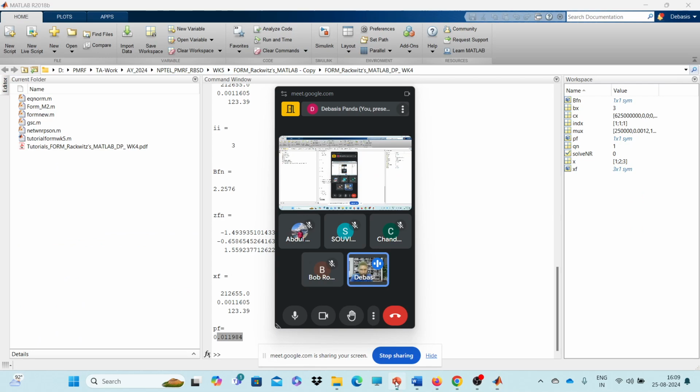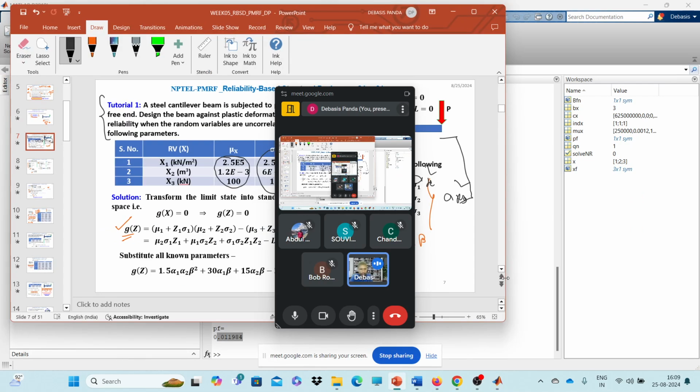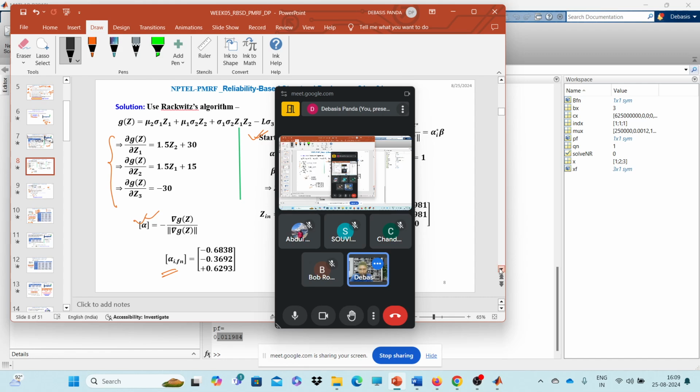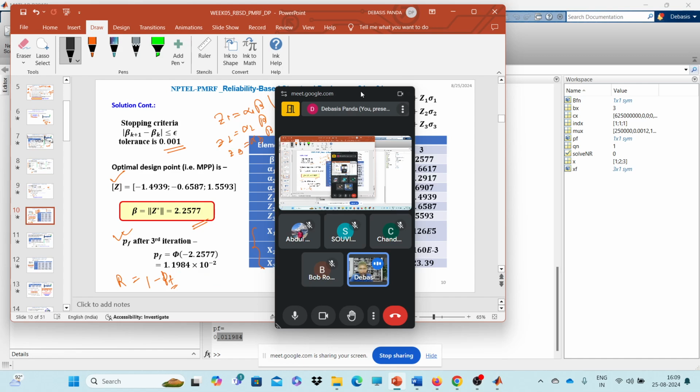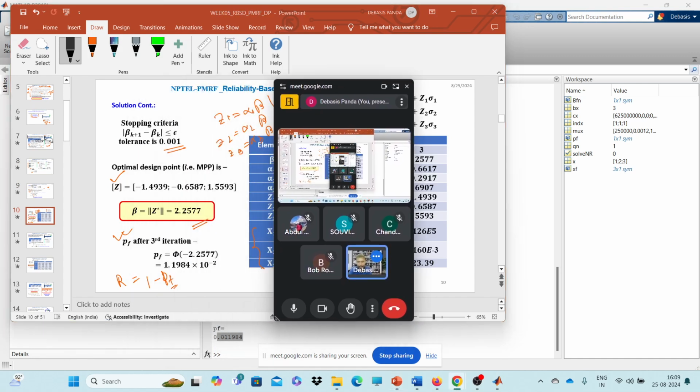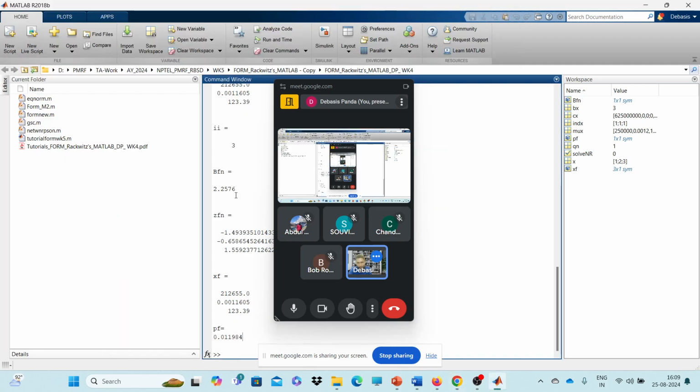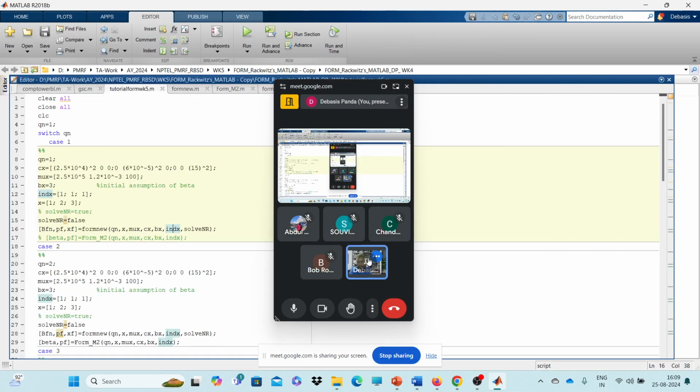2.2576, and we already calculated this; the final value of beta after the third iteration is 2.2577. Here we are getting 2.2576. I have taken up to 5 digits here, maybe that was taken up to 4 digits. So this much error, 0.000, is absolutely okay. Okay, now